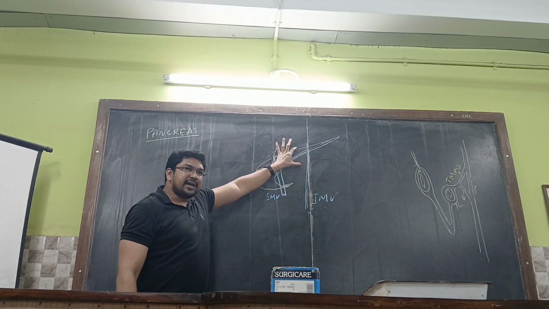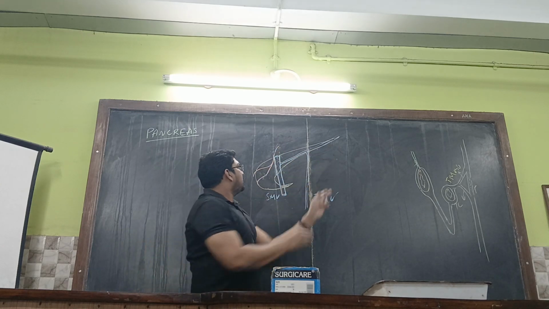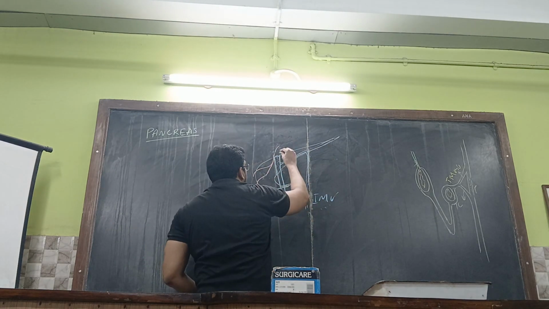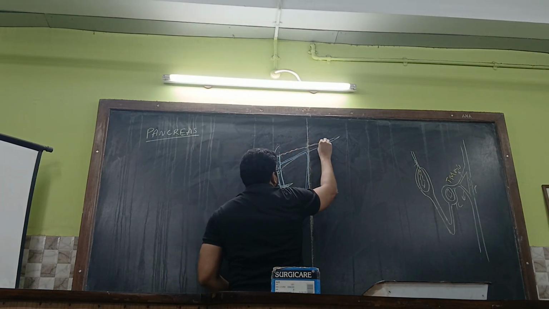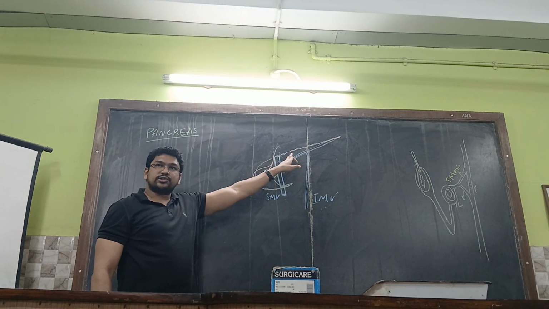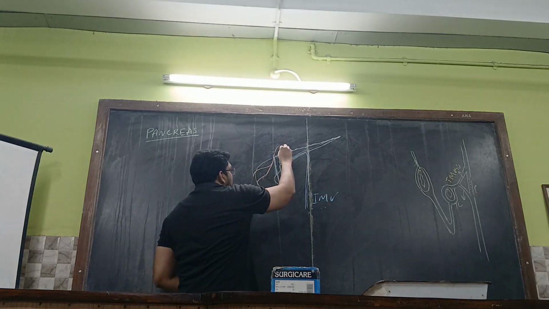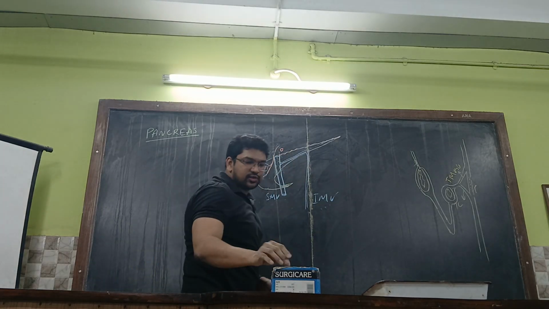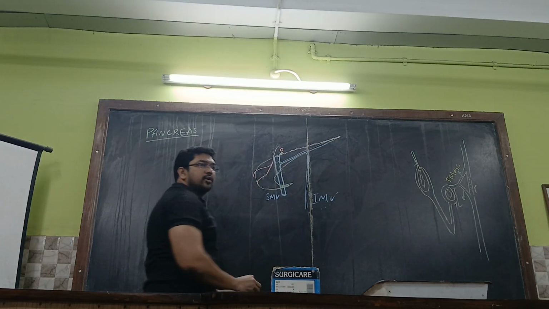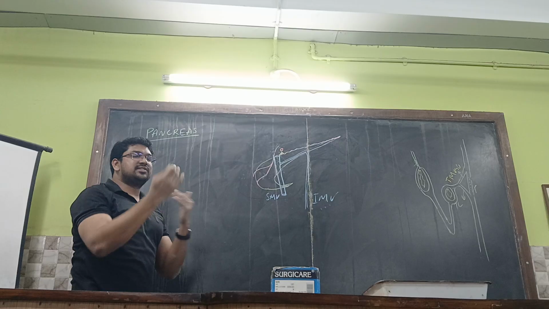Even though the pancreas is the pancreas, the splenic artery will be running over which part? The superior border, all the way along the superior border, and enters into the spleen over here. Is it or not? And where is the celiac trunk? The celiac trunk will be situated just above an elevation over here. We have already discussed what the elevation is: the tuber omentale of the pancreas, which lies just behind the